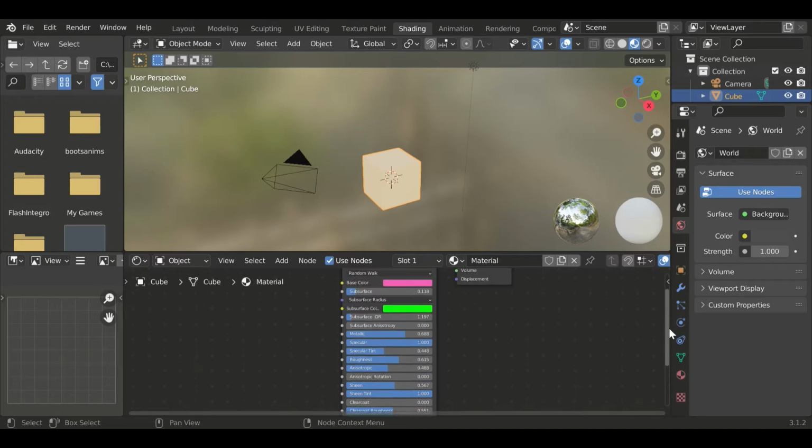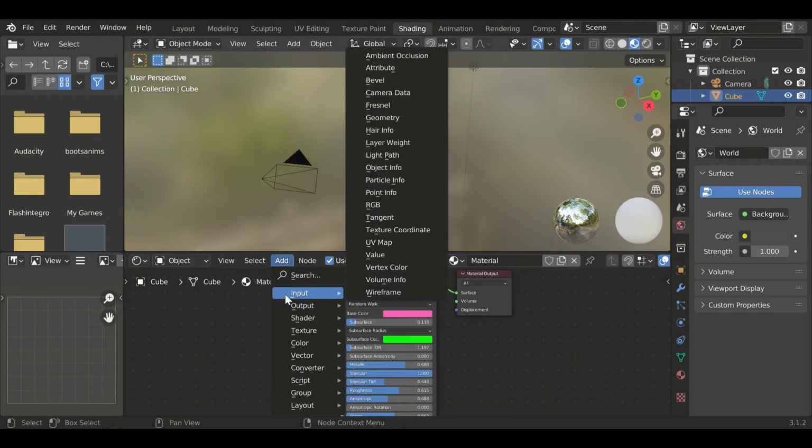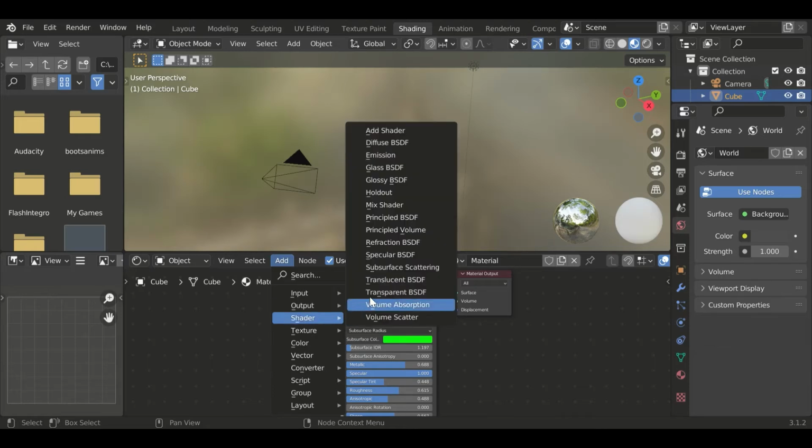You are not stuck with only the default Principled BSDF option, however, as when you click Add, you will see a list of different subcategories, and shader is what I'd like to focus on for now. You can add a shader, add diffuse BSDF, which means a rough surface, emission only without the other options, glass BSDF, so a surface that simulates glass, glossy BSDF, or a surface that is glossy but not necessarily like glass,